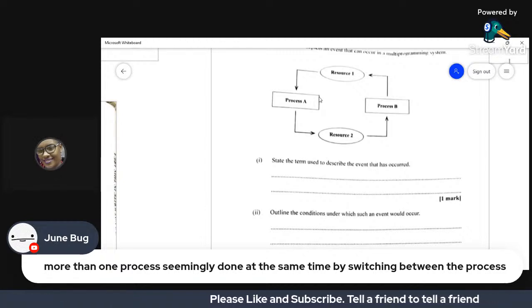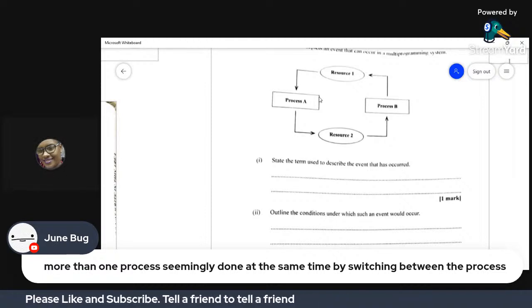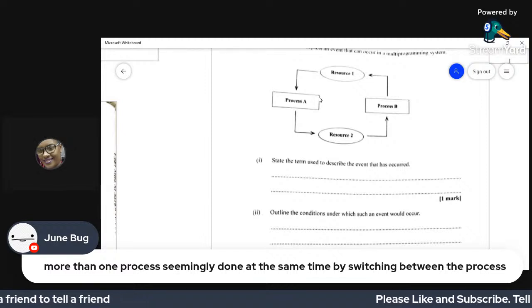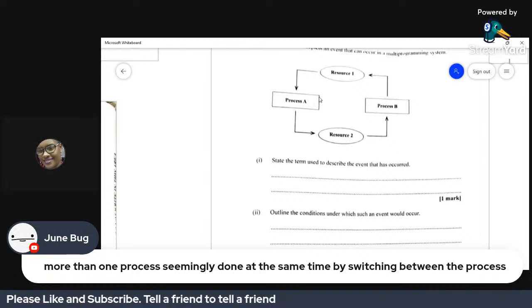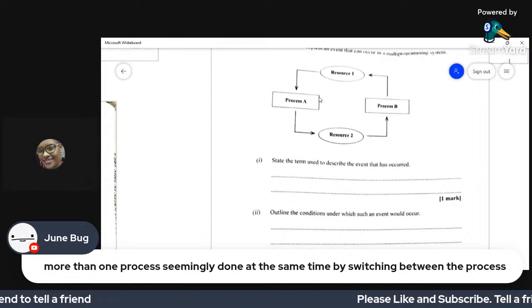Because at no point in time will resource 2 or resource 1 become free to carry out the actions from process A or process B, you will find that this will end up in a deadlock.